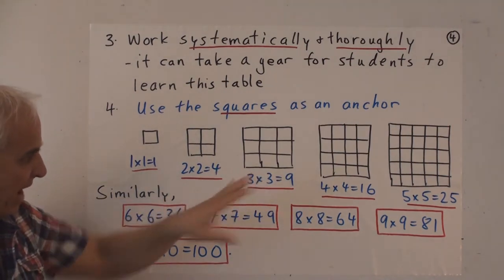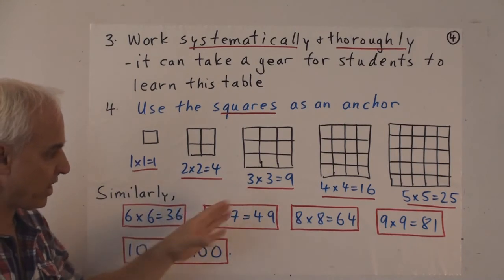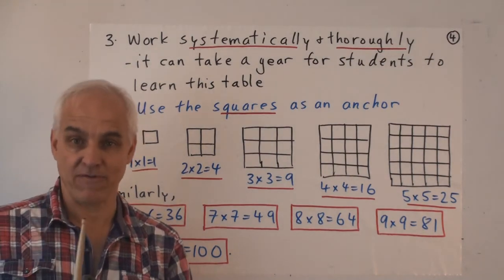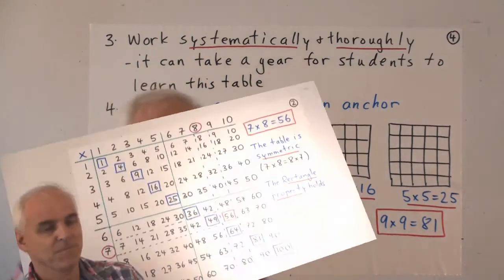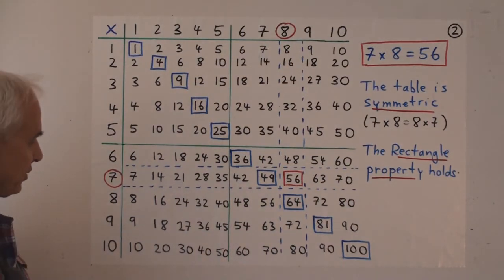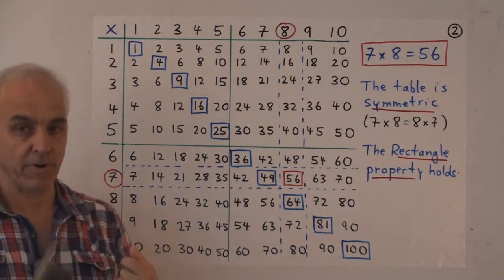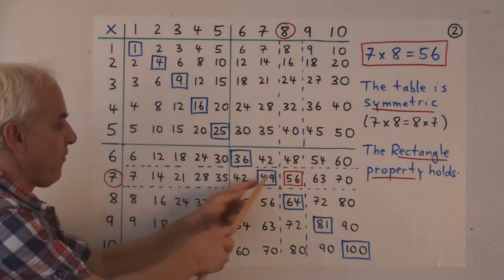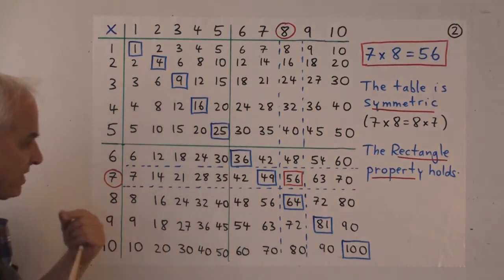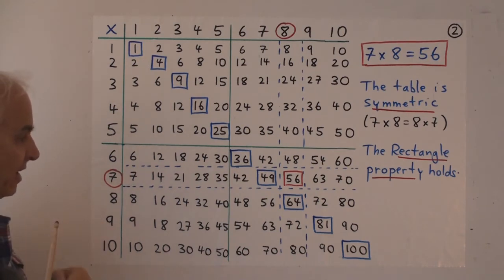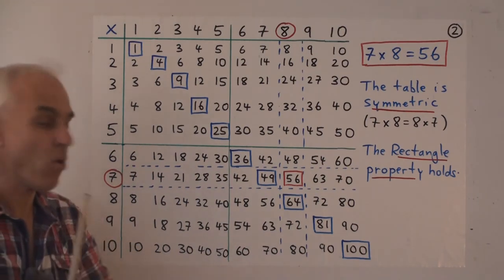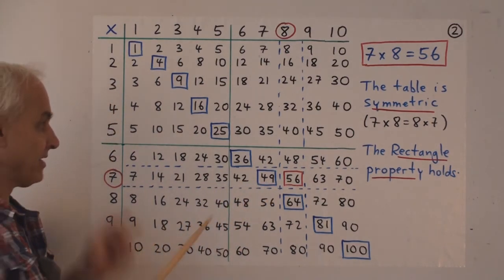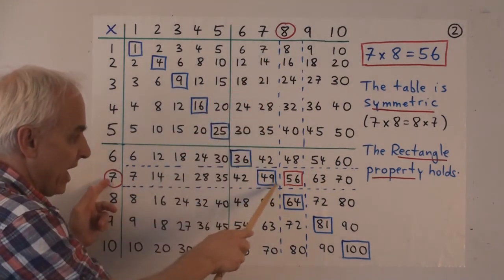Okay, so let me again go back to the table and just explain briefly how we can use these as anchoring points to make it easier to get neighboring values in case we've forgotten. All right, so here's our table again. So suppose that the student is asked what's 7 times 8 and they cannot remember. They don't remember that it's 56. Perhaps they remember that 7 times 7 is 49. Okay, so if 7 times 7 is 49, then 7 times 8 is going to be 7 more than that. To go from 7 times 7 to 7 times 8 is adding 7.